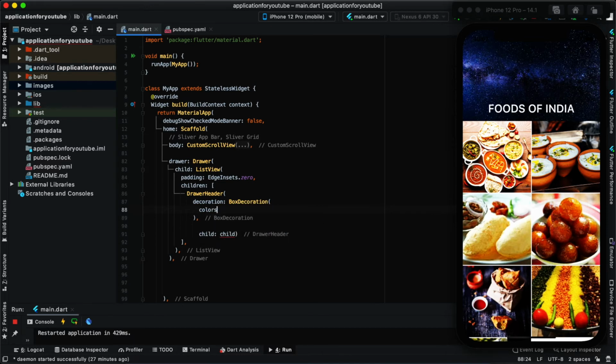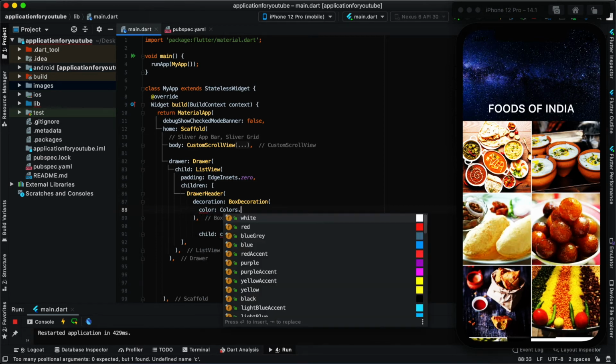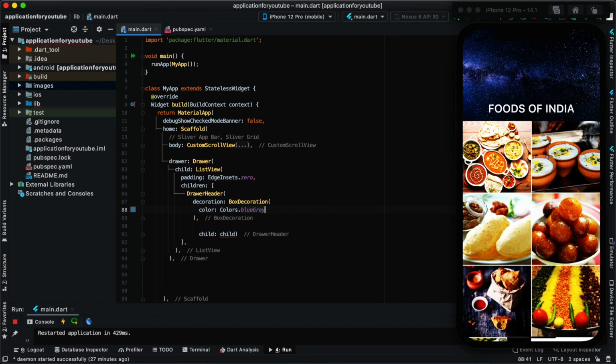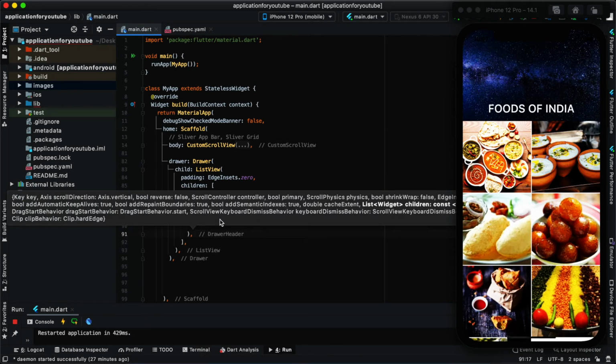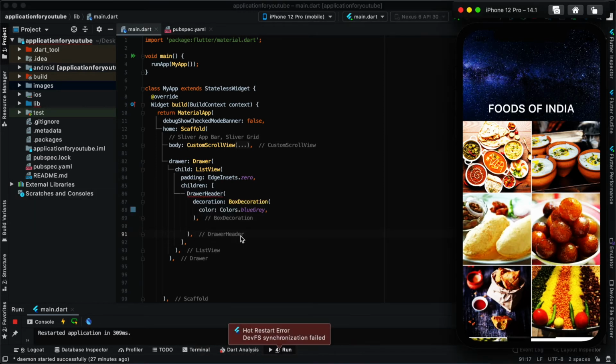So the color would be Colors.blueGrey. I'll just rewrite it. Okay, so this was my drawer. It will fail just because the drawer header should have a child.